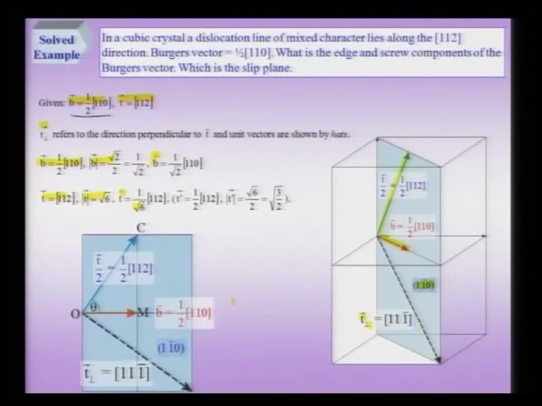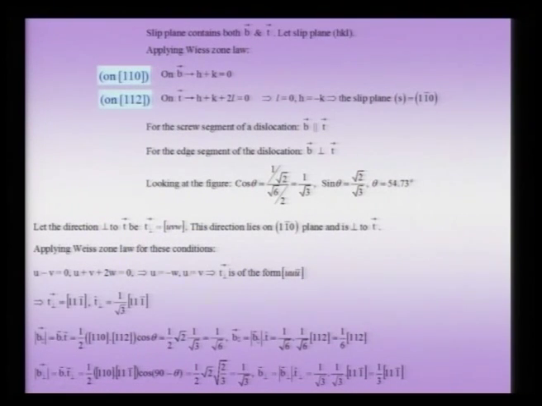So, now in this picture, which is now the 1 1 0 plane picture, you can see that this is now my B vector, horizontal direction, the T vector, which is along connecting O and C, and the T perpendicular direction is also shown in this picture. So, now if I want to calculate the slip plane, which is the plane containing B and T,